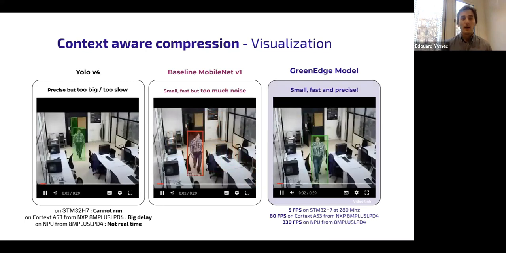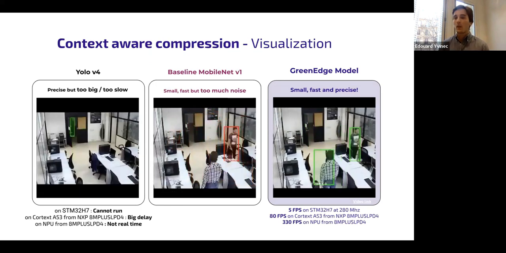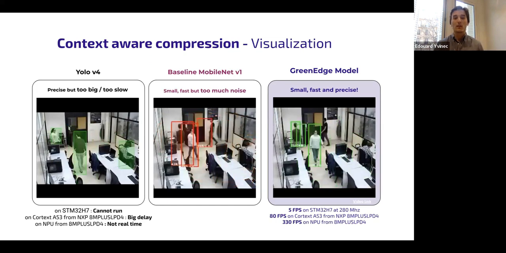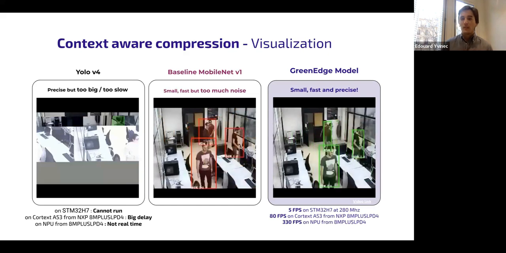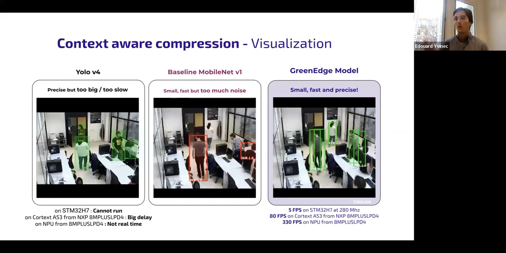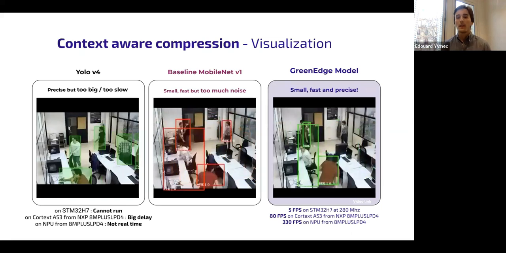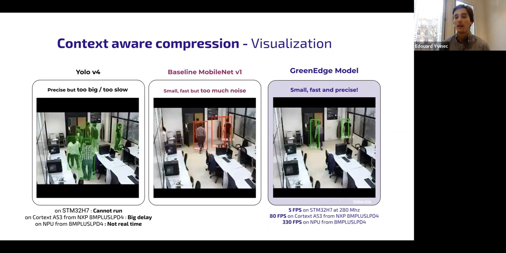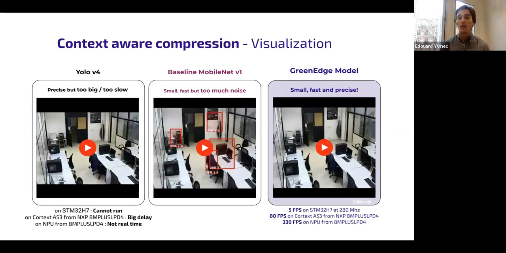So what you should see, on the left, you have your YOLO v4. This will not run on your tiniest edge devices, way too big. That's why it flickers, that's why it lags a lot. So what the beginner in tinyML would do, well, I will try to build some similar architecture. So that's the video in the middle. I will train it on my favorite data set, probably COCO, and this is what I will get. Because the model is so small, what you've seen on the video in the middle is something that is way inaccurate. That's something that you cannot be satisfied with. And if you've seen, maybe I can restart the video.